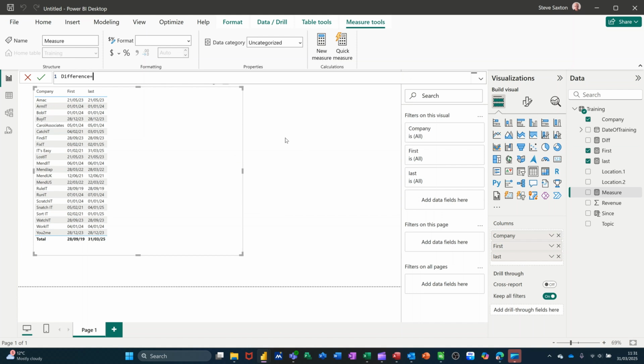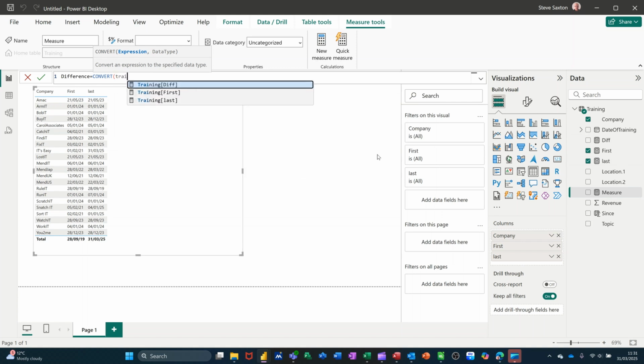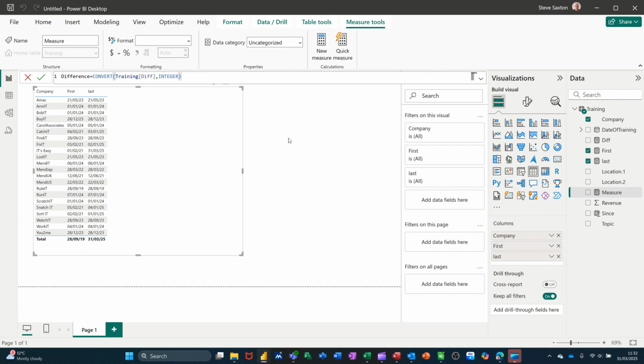Equals, I'm going to use the CONVERT function, that's the one I want. Now the expression is the measure which I've called diff. So if I type training for the table, and there's diff, comma, and I want it to be a number, so I'm going integer, close the bracket on that, press enter. So hopefully this works. Now if I tick difference,